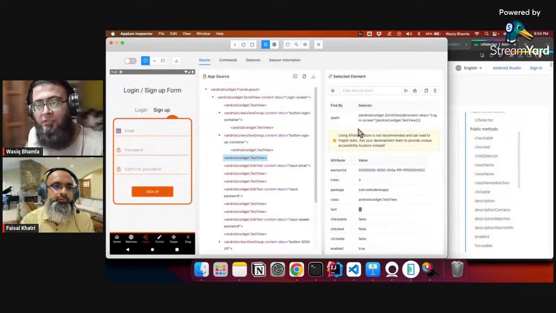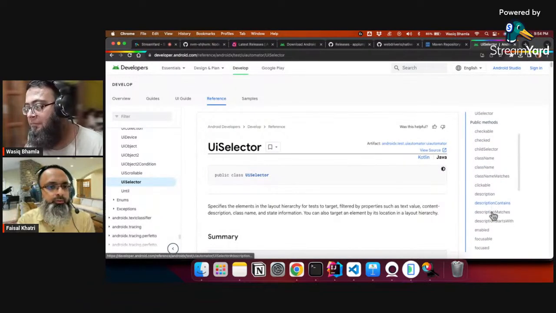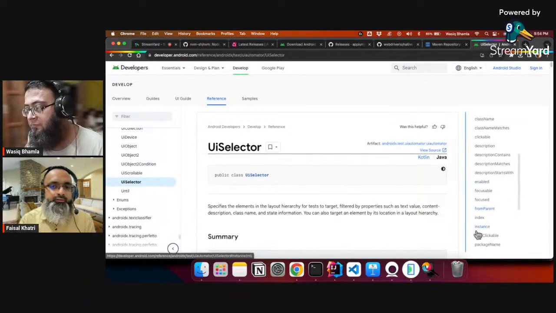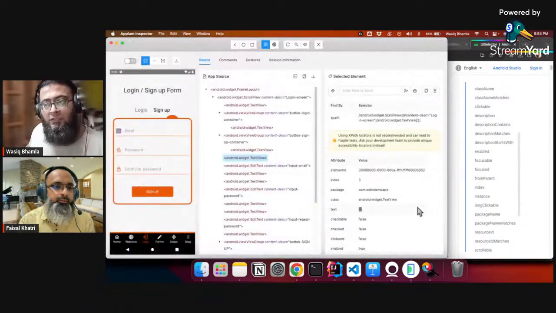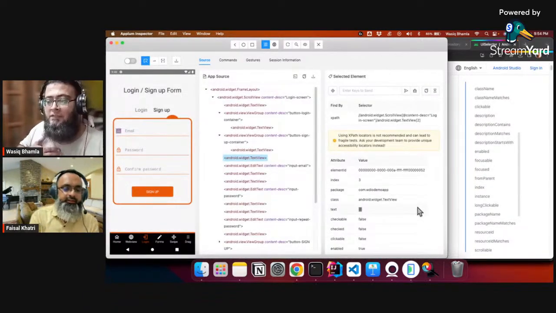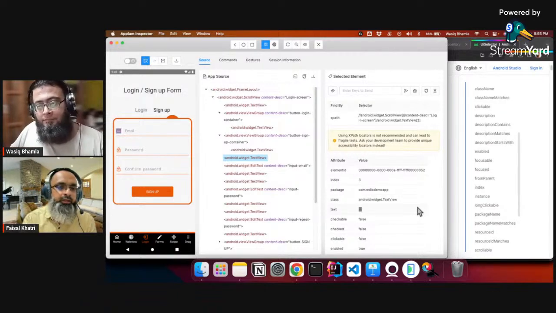UI selector. Okay. So you can go through these methods. I think there are many methods available. But there's one more easy way. We can ask the developers to add some accessibility IDs or test IDs there, because I remember in one of my previous projects, when we were working on a React Native kind of